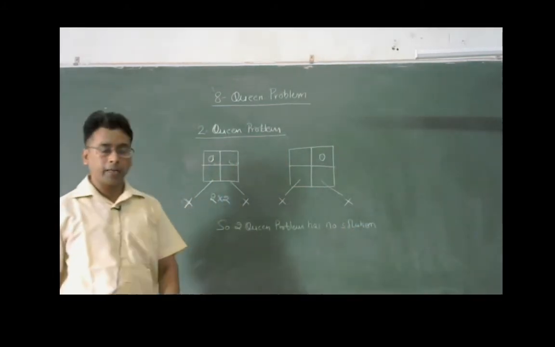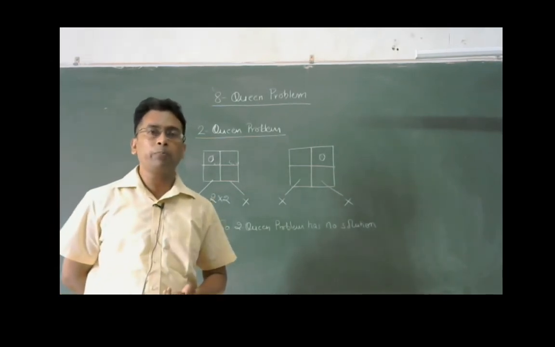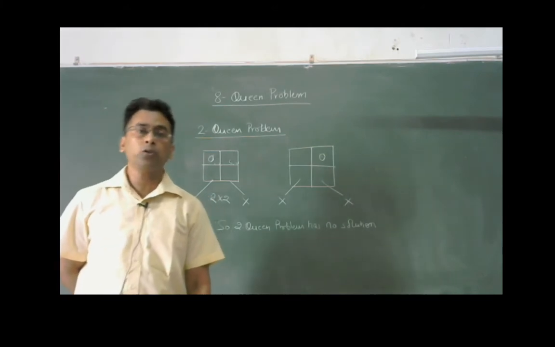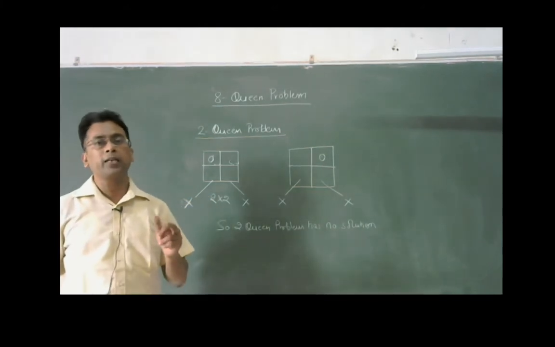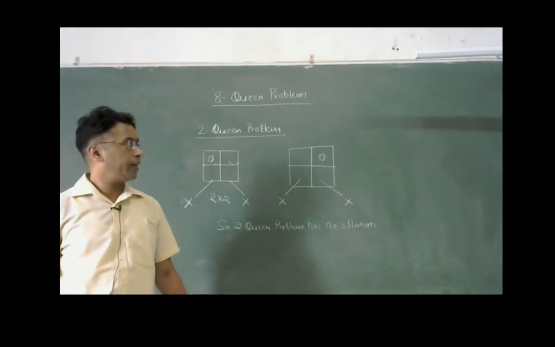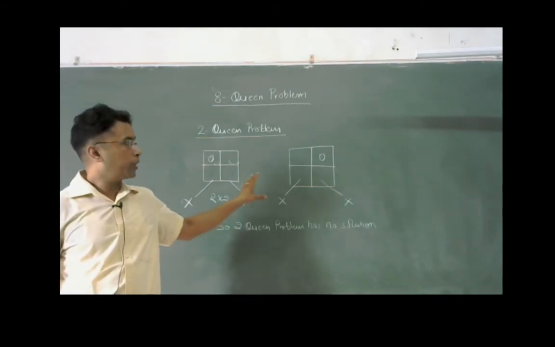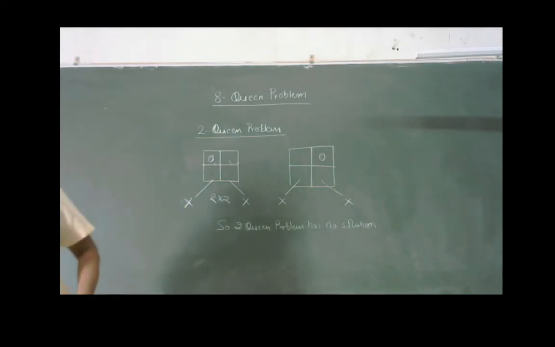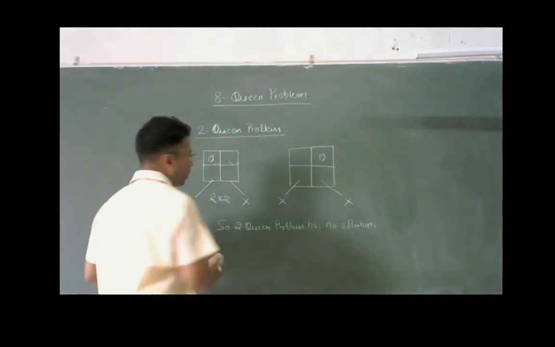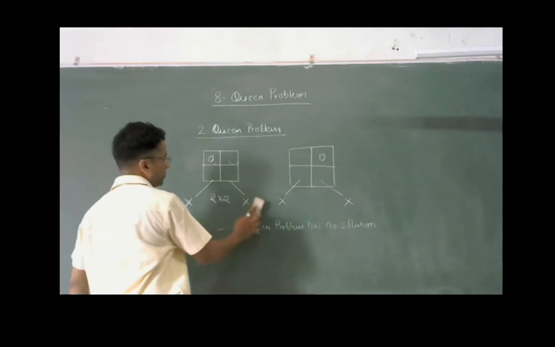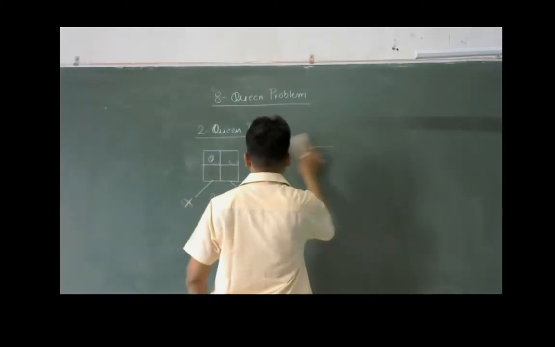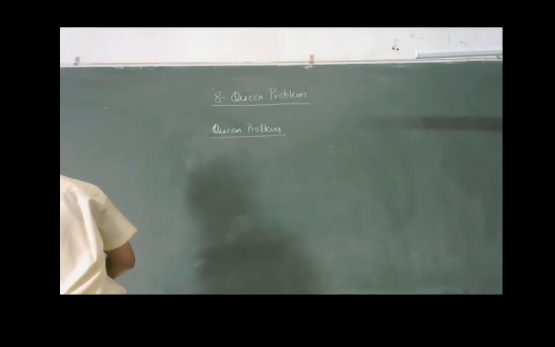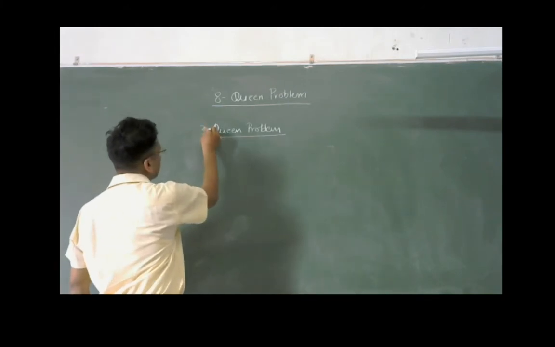Then a question may arise in your mind: if we cannot solve a smaller problem, then how can we solve a larger problem? But it is not so, because here the chessboard size is also increasing, and because of that it is possible to get a solution. Let's take an example of the 3-queen problem. After this I am showing you the 3-queen problem.